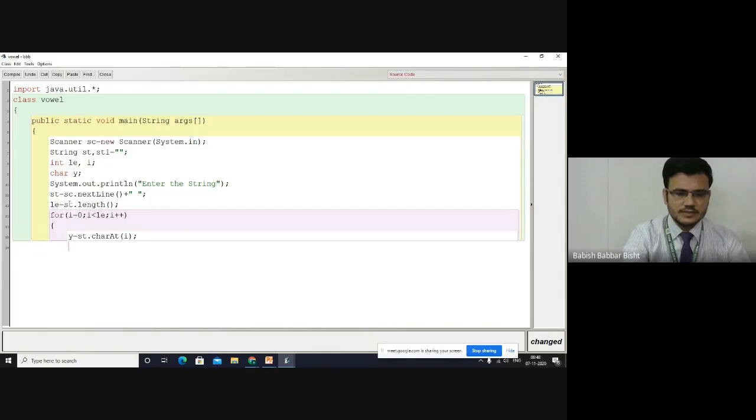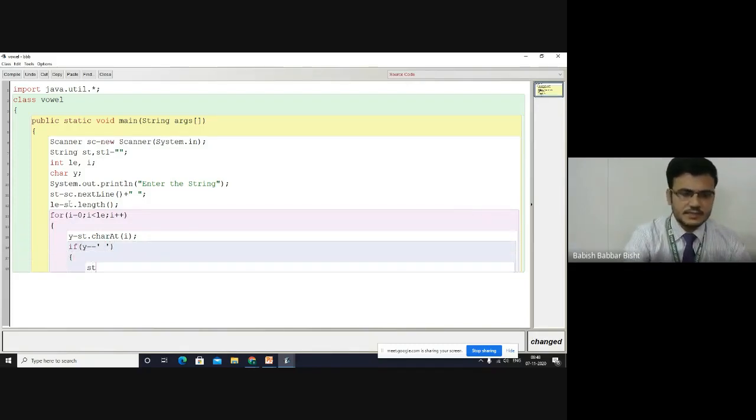Fine. Now I will check for space. If y equal to space, then I will extract the first word. For that I will write st1 equal to st dot substring of sp comma i, and here I will declare sp value equal to 0.